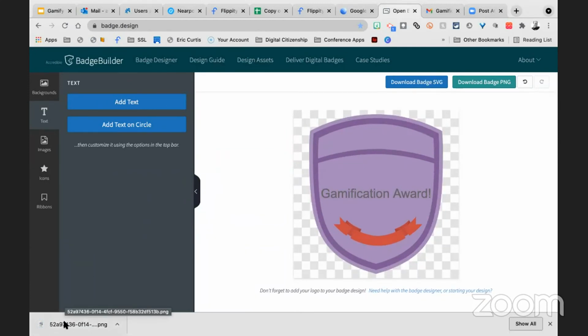I can send it to anybody. But this is so simple, but it is so meaningful. And the fact that you can customize it with your students' names if you wanted to. You can customize it with your school's name. This is something that is so small, but it is so meaningful to our students, okay?